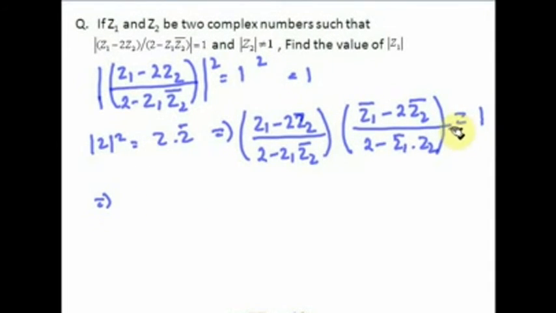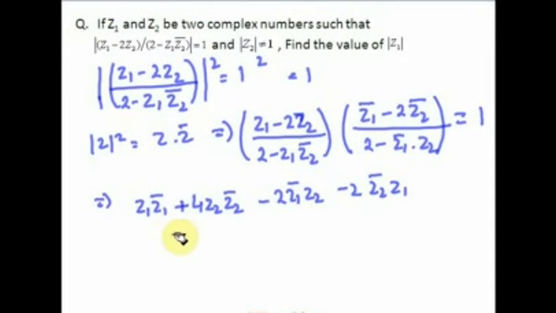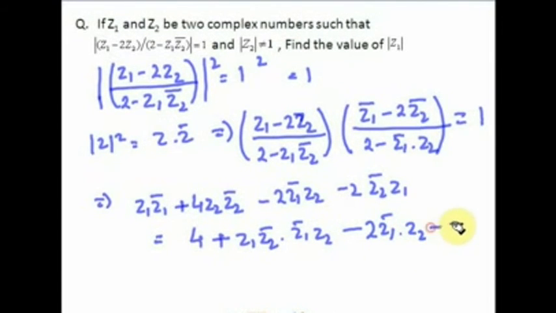If we cross multiply and expand this, then we'll get z1 bar plus 4 times z2 bar minus 2 times z1 bar z2 minus 2 times z2 bar z1, that is equal to 4 plus z1 z2 bar dot z1 bar z2 minus 2 times z1 bar z2 minus 2 times z1 z2 bar. Cancelling both these terms, we'll get